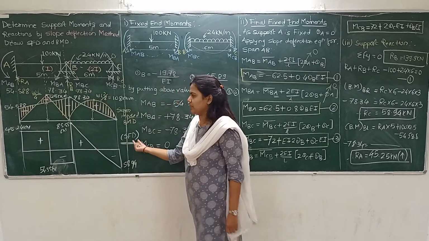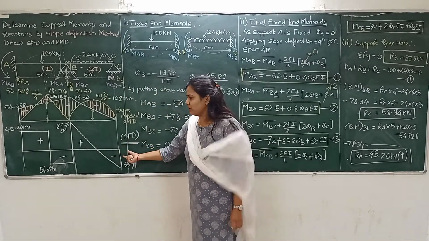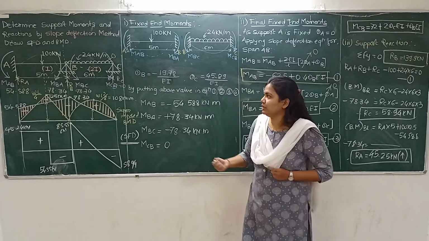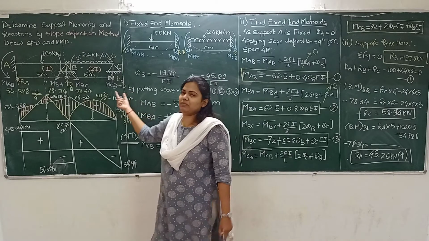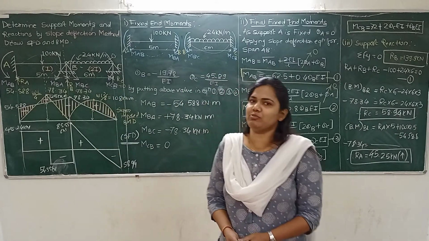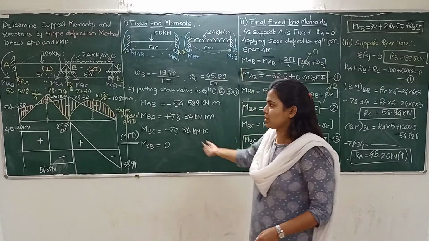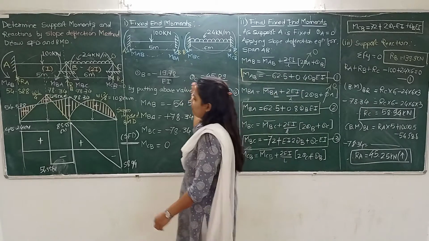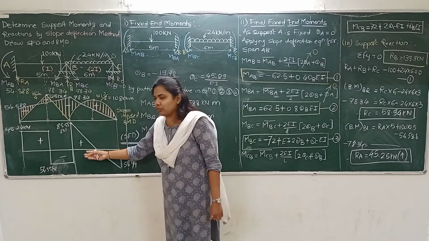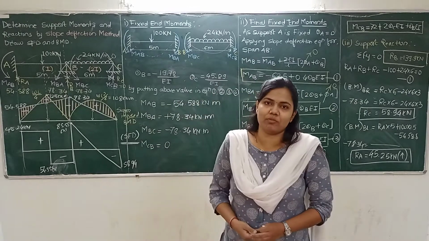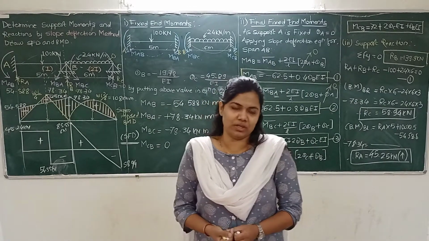So this is the shear force diagram for the given beam. Like this, we can analyze this continuous beam, which is an indeterminate beam, by the slope deflection equations. We will first find out the final bending moment diagram by the slope deflection equations. Then we superimpose the beams. We can find out the superimposed bending moment diagram, and from that superimposed concept, we will find out the support reactions and draw the shear force diagram. So this is the analysis of an indeterminate beam by slope deflection equations.